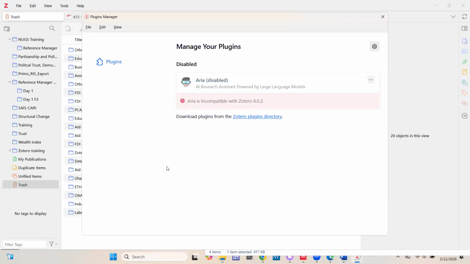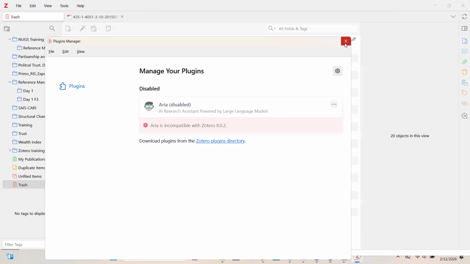Currently it is only compatible with the previous versions of Zotero, I think version 6 and 7, but not version 8. So that's the quick one. I just wanted to chip it in. For those of you using version 6 or 7, it's something you can look into.